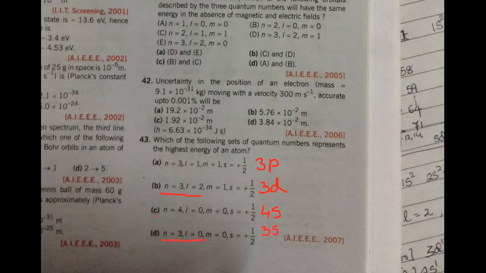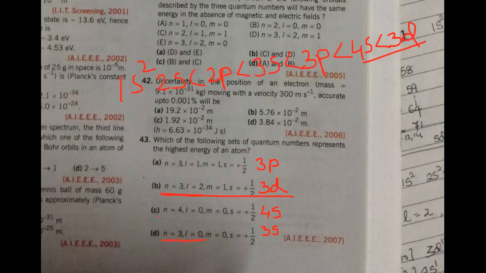Okay. Now, when you write the electronic configuration of an atom, what you find is that it is 1s2, then 2s, then 2p, then you write 3s, then the next subshell having a higher energy is 3p, then it comes to 4s, then it comes to 3d. So which one is having the highest energy in this case? Obviously, it's going to be the 3d. So this is the correct option.